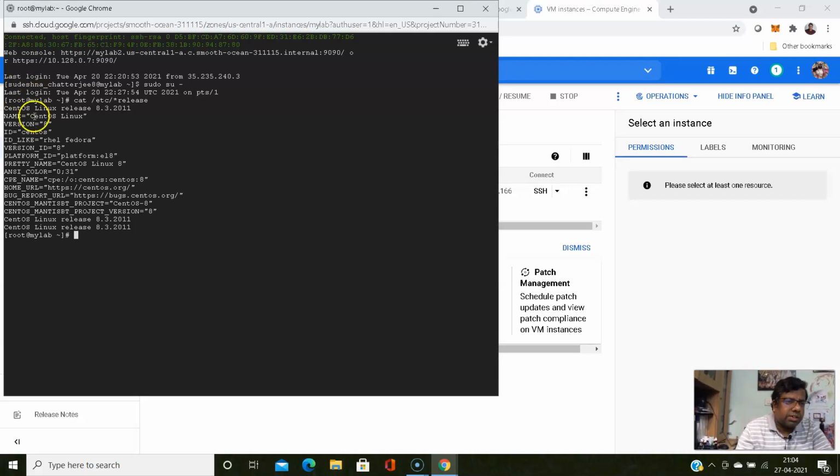It's showing CentOS Linux release 8.3, so this is the platform. Now check the kernel version. It shows 4.18.0, the latest kernel version.